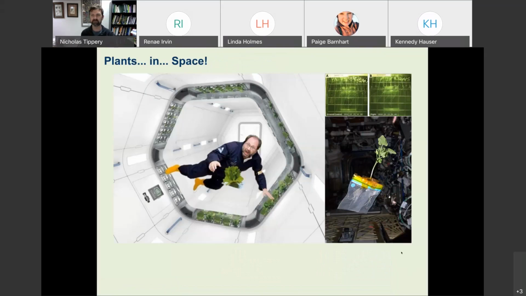So how do you know how plants respond to gravity? Well, one thing you might want to research is how plants respond in no gravity. I think as much as anything, sometimes they just want a reason to fund something into space. But you may see some headlines about this. If people are going to go on long space missions, they need food. And if you have plants with you, you might be able to grow some food